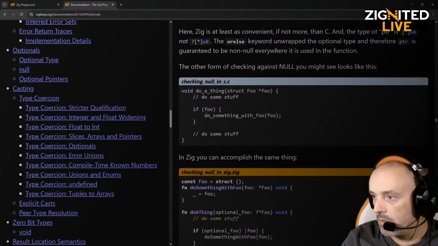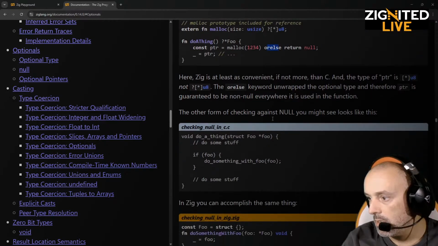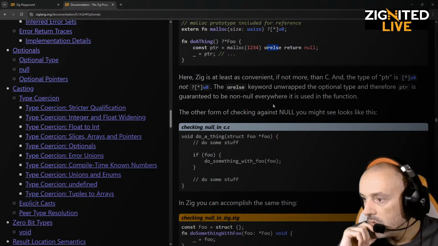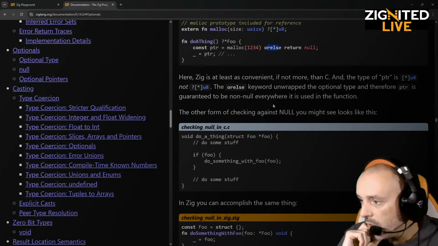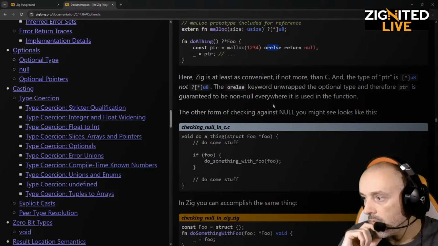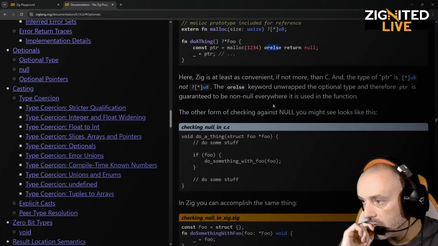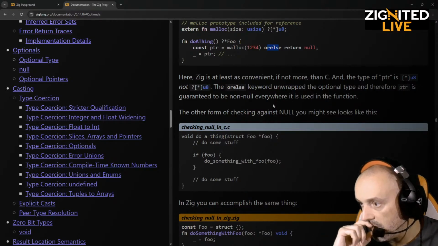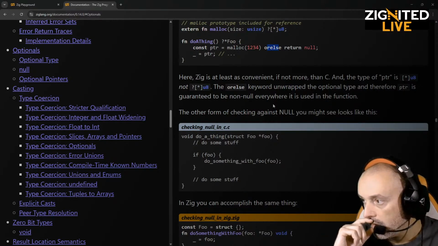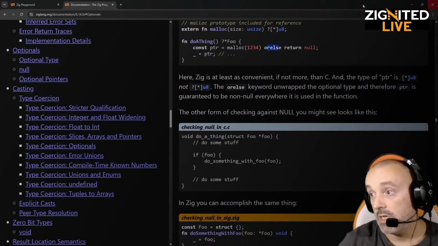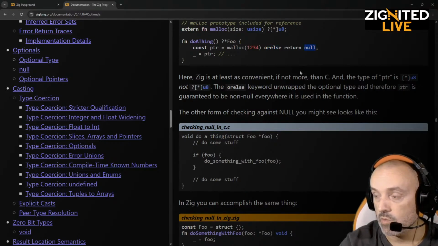I was here, right? The orelse keyword, this one here. Unwrapped the optional type and therefore pointer is guaranteed to be non-null everywhere it is used in the function. So it's unwrapped there and guarantees. So this mechanics, I guess, in the entire thing guarantees to be non-null, because otherwise you return null, right? So okay,